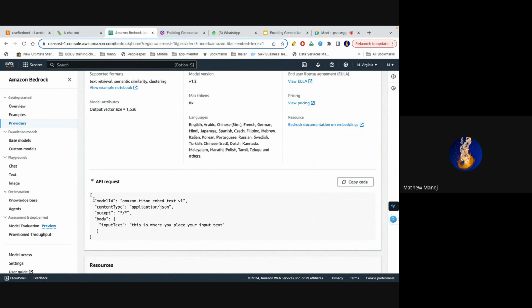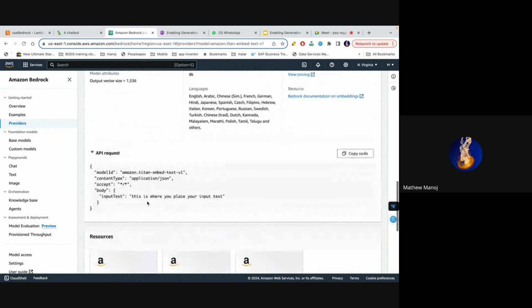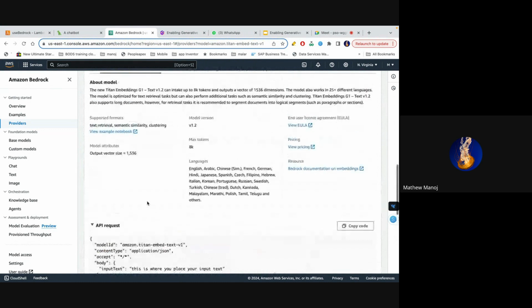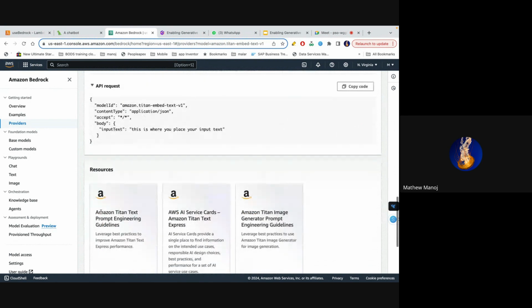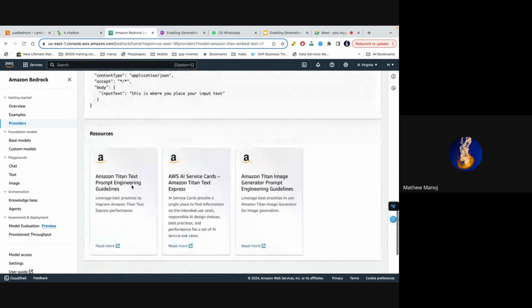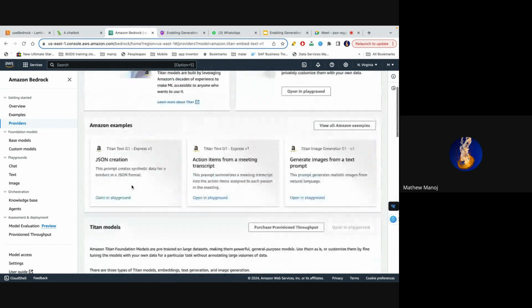Here you'd have to pass in the model ID like this and the container. I'll show you where it is actually used. It helps you go through it in a step-by-step way, and it also gives you examples like action items from a meeting, which is text summarization.